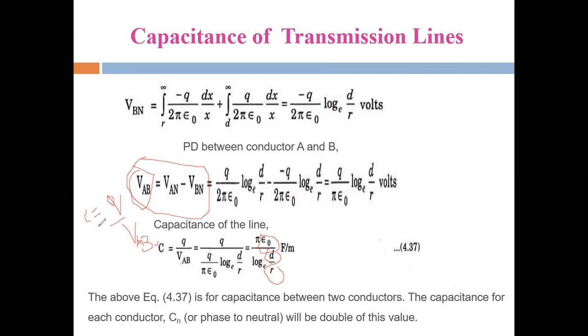Next we calculate the capacitance of a three-phase overhead line. In the single-phase and three-phase transmission lines, the capacitance values change. Why? Because in the single-phase line, we are taking only two parallel plates, that is the phase line and the neutral line. In the three-phase system, we are using three phases and one neutral line, that is R phase, Y phase, B phase and the neutral point.